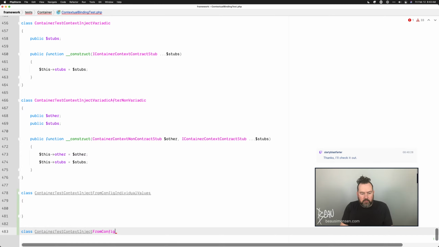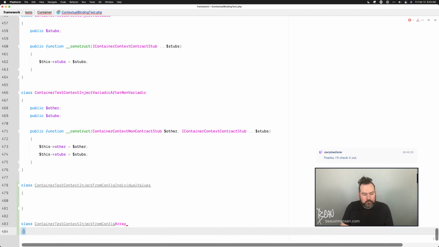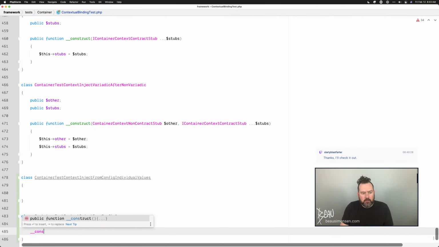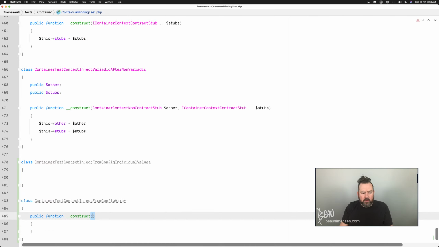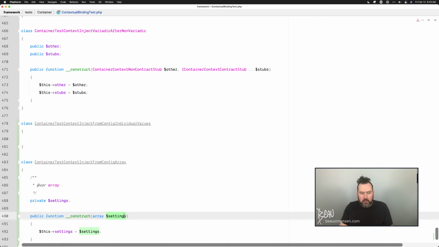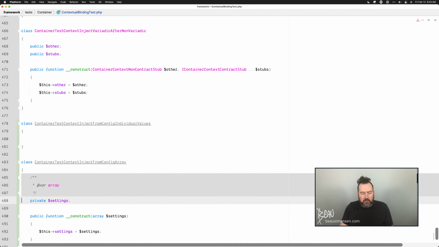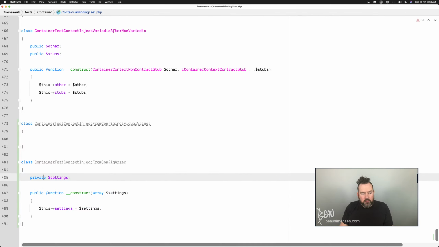Object from config array. Or now we'll do, yeah, I guess we'll do array. And construct. So in this case, let's do array settings. I'm going to switch this to public. So this one to construct,